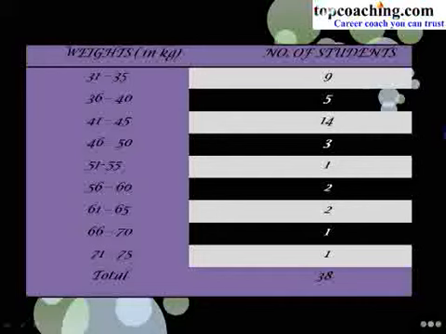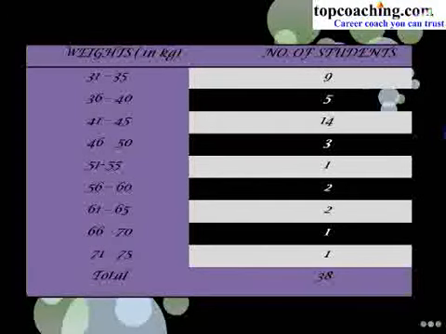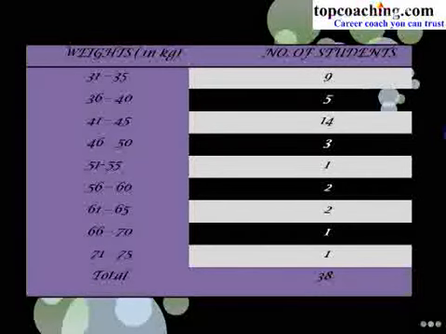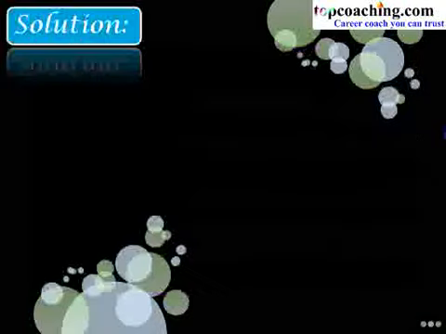This is because there are gaps in between the upper and lower limits of two consecutive classes. So we need to divide the intervals so that the upper and lower limits of consecutive intervals are the same. For this, we find the difference between the upper limit of a class and the lower limit of its succeeding class. We then add half of this difference to each of the upper limits and subtract the same from each of the lower limits. Like this.